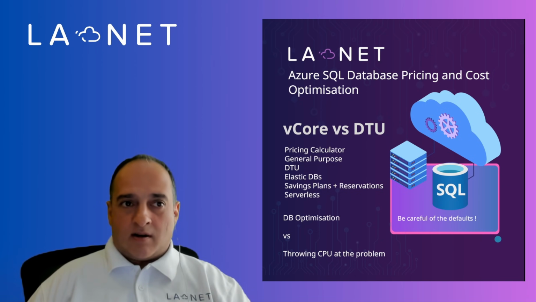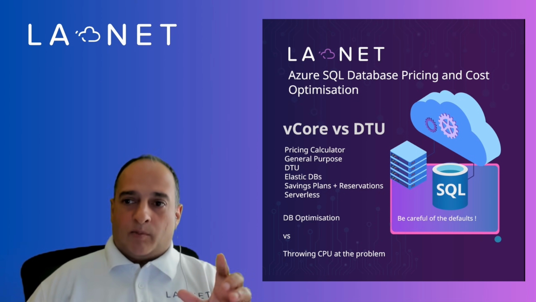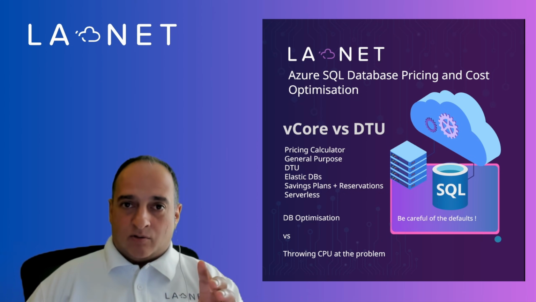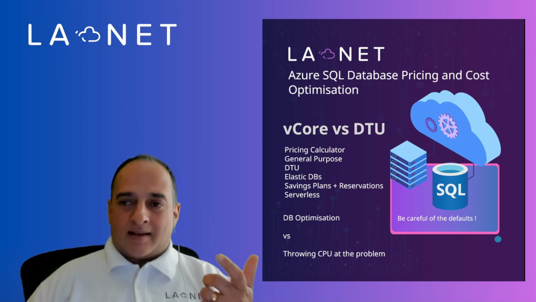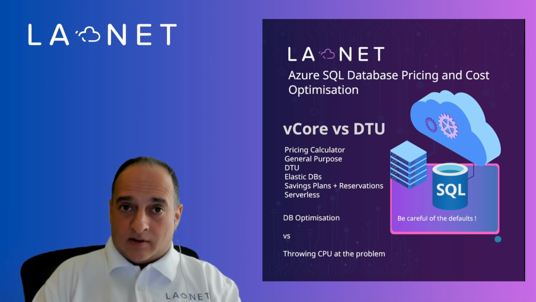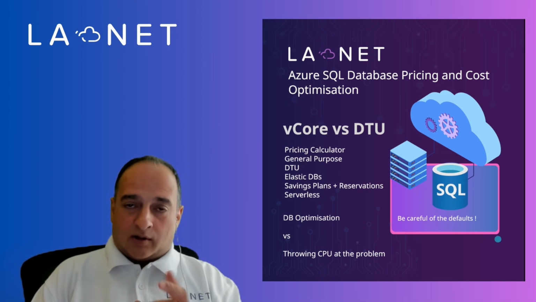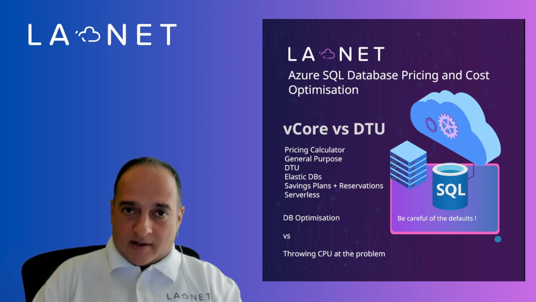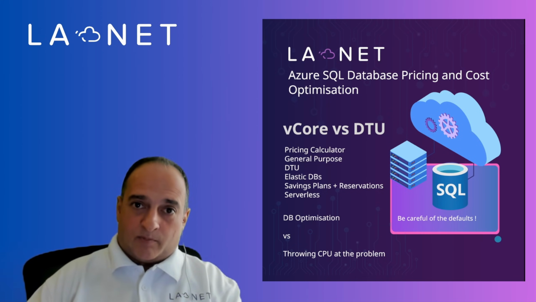So we'll start with looking at the pricing calculator. We'll talk about general purpose databases versus the DTU model, and also talk a little bit about elastic databases and when to use them. We'll also talk about a new thing, which is savings plans for databases, and compare that to reservations. We'll talk a little bit about serverless as well, which we have done another video on. And I'll give you some tips on database optimization in general, so not necessarily to do with platform